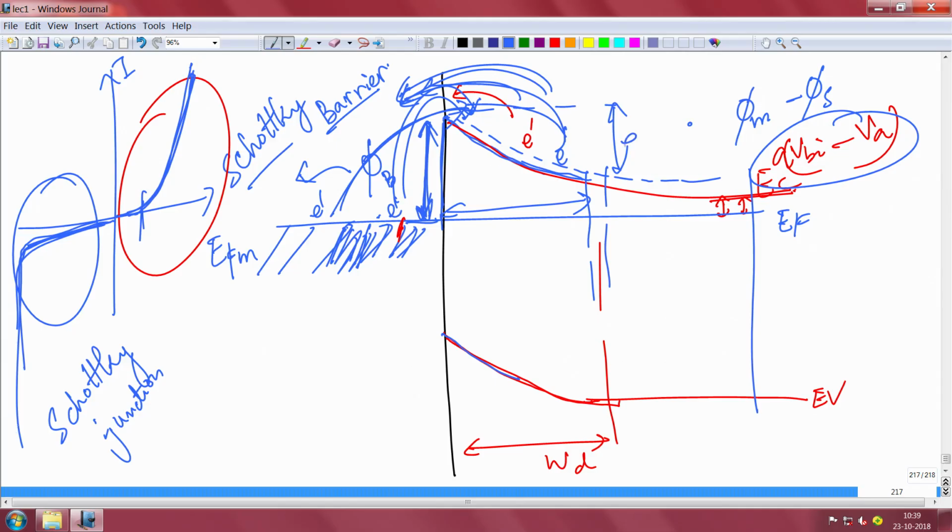On the forward side, electrons from the semiconductor will come to metal and it will gradually increase like this after a turn on, because as you keep increasing positive bias, the potential drop that is happening will reduce. In the reverse bias, this potential drop will increase, like in a reverse bias p-n junction. So, even fewer electrons will come. So, basically this is like a p-n junction, except that on the p side you have a metal here. This is a metal and an n-type semiconductor,